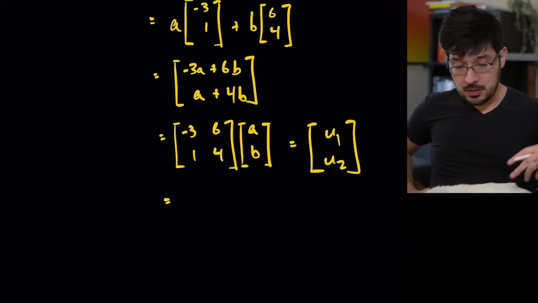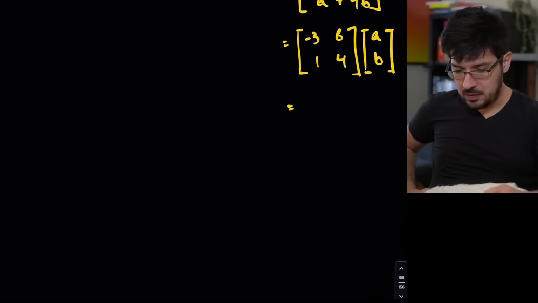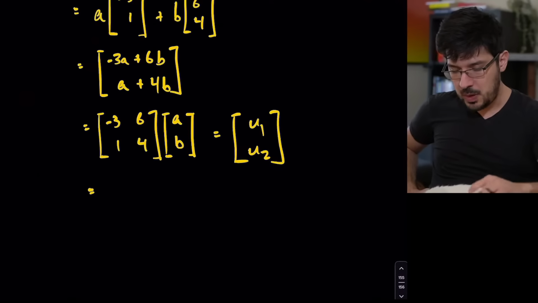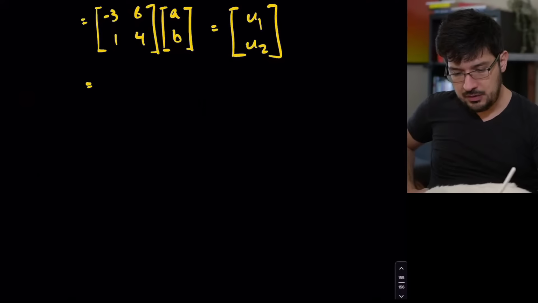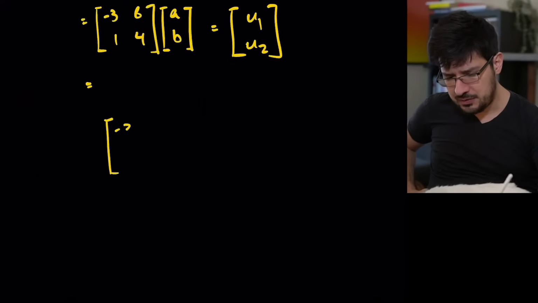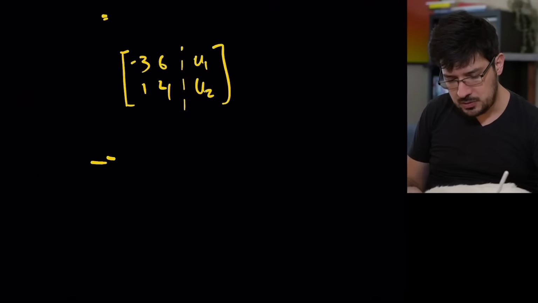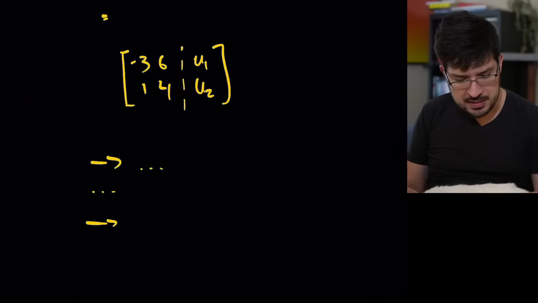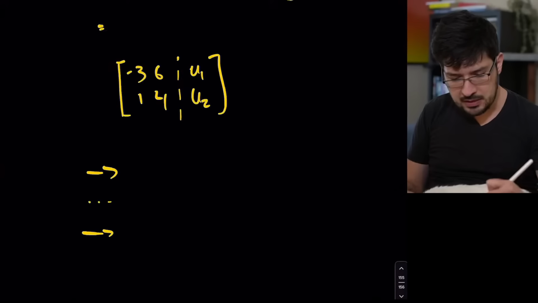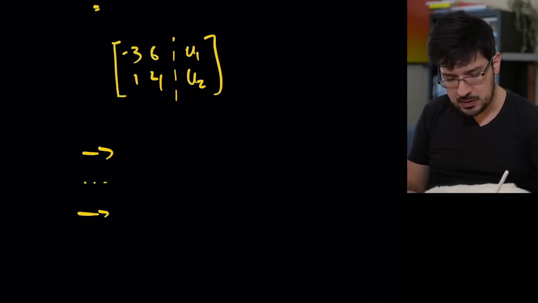So if we're solving this equation, with -3, 1, 6, 4 on the left and u1, u2 on the right-hand side, then what we can do is a series of elementary row operations until we get this thing into